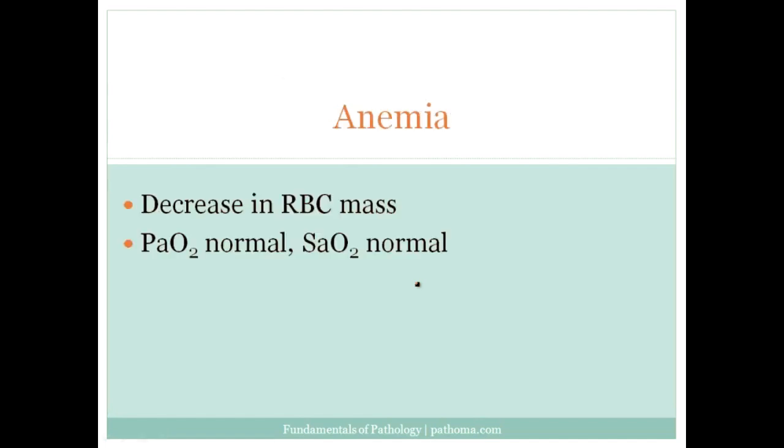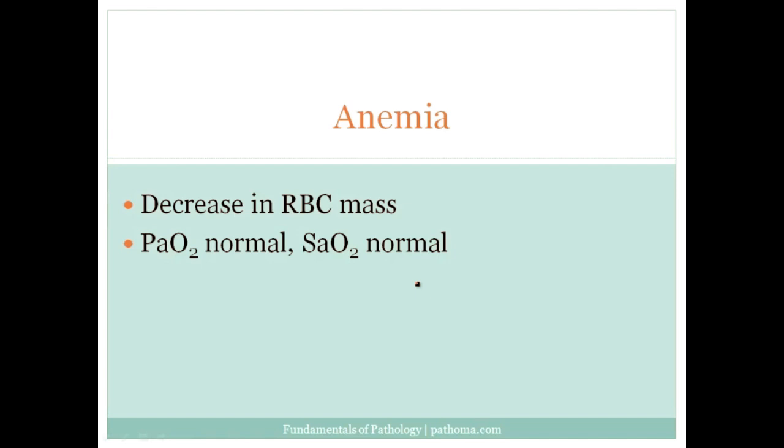Let's give you a few examples of that to highlight this idea, because this is one of the few places we'll get to discuss this principle. One example of a decreased O2 carrying capacity of the blood would be anemia. Remember that anemia refers to a decrease in the total red blood cell mass in the body. And when there's a decrease in red blood cell mass, there's going to be a decrease in the amount of oxygen being carried in the blood. And therefore, there's obviously going to be a decrease in the amount of oxygen going to the tissues,